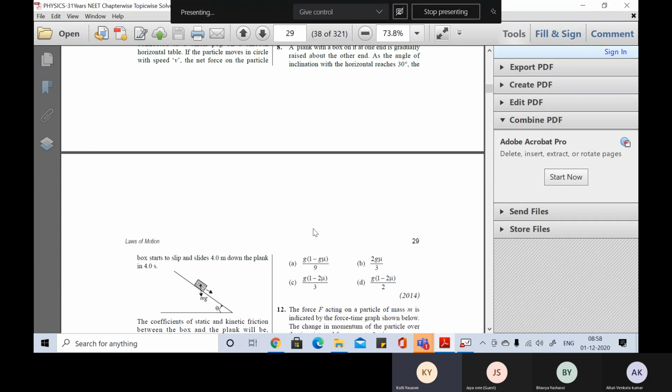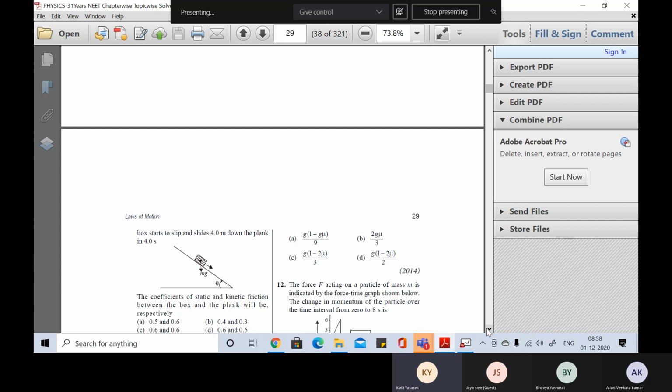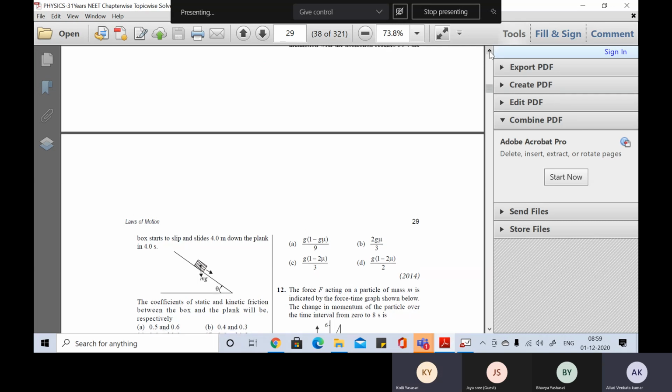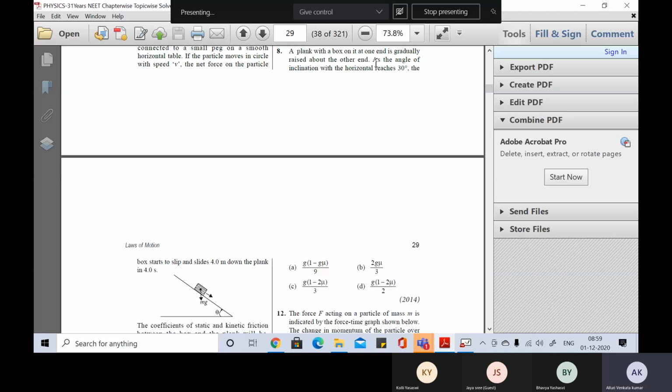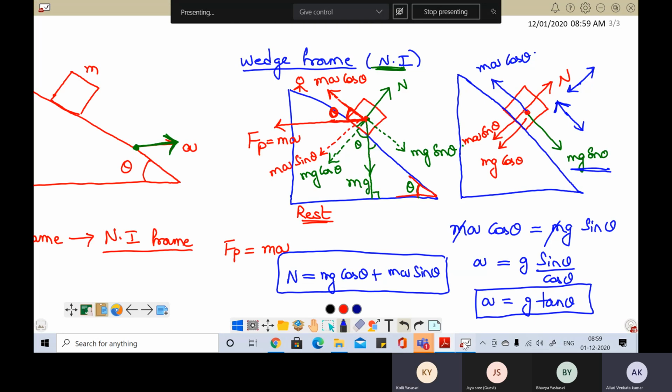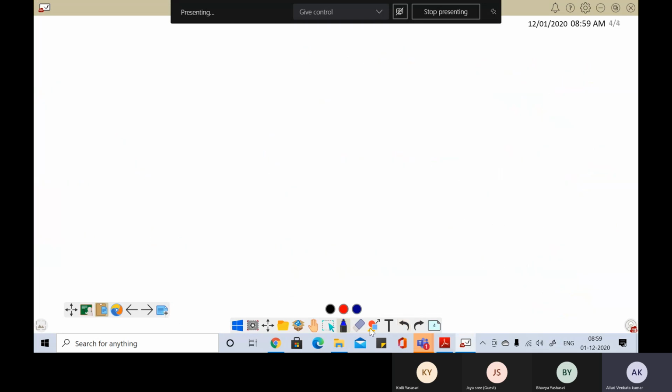Sir, I got acceleration as half meter per second square, and after that I'm stuck. Then they're asking the coefficient of static and kinetic friction. Okay, see here how to do. First the box is placed on one end of the plank, and the angle of inclination is changed. Suppose, for example,